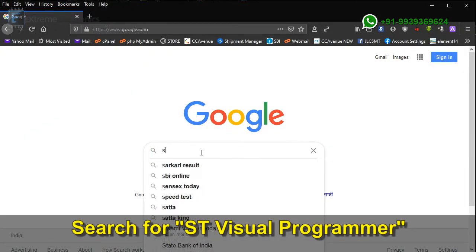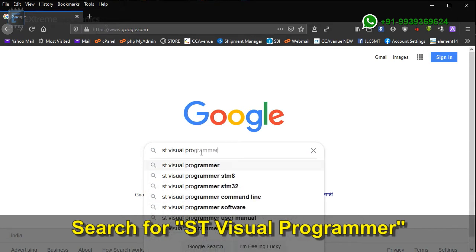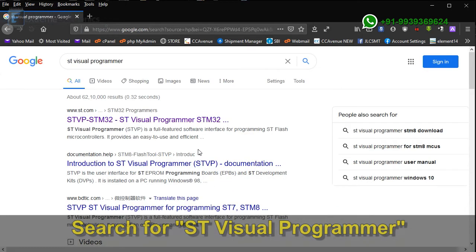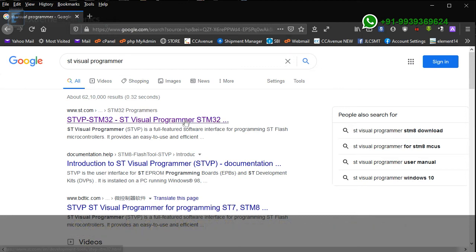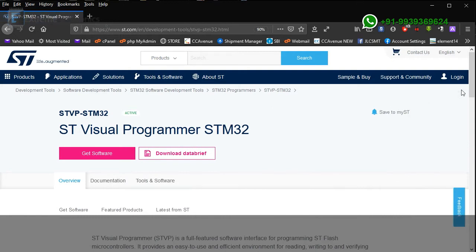Search for ST Visual Programmer in Google and then click on this link. From this page you can download the software. Click on the Get Software button.